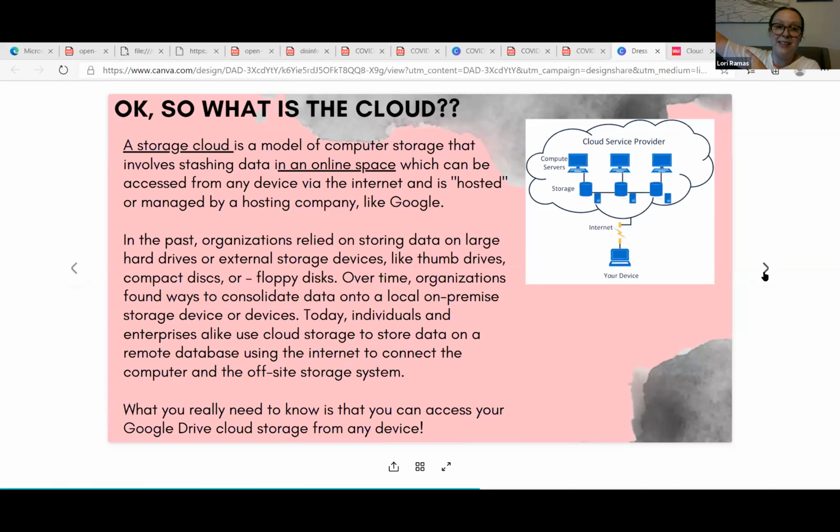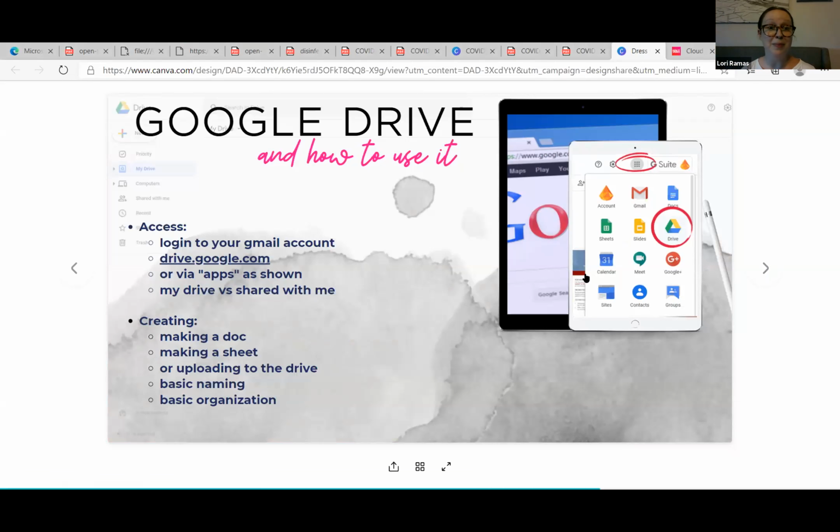This is going to be interesting since my computer has just about lost its darn mind. But basically, here's what we're going to do in our first demo. I'm going to show you how to get access to the Google Drive. So remember, once you have a Gmail, the quick link is drive.google.com. And for all Google apps, it's usually the name of the app, like drive.google.com. So if you're ever in a pinch and you can't quite remember, that's one of the ways you can remember it. And because it's underlined, it's also linked for you when you get the slides. So drive.google.com is how you can access the Drive.